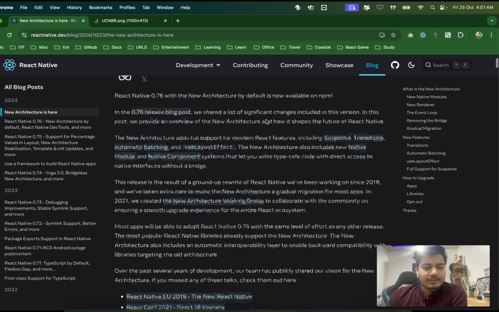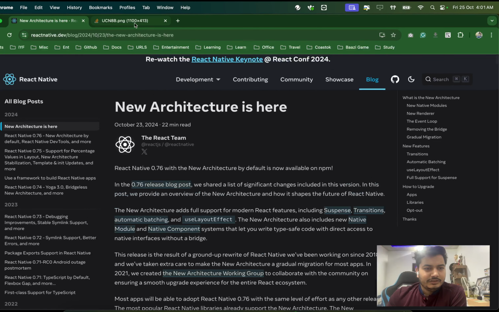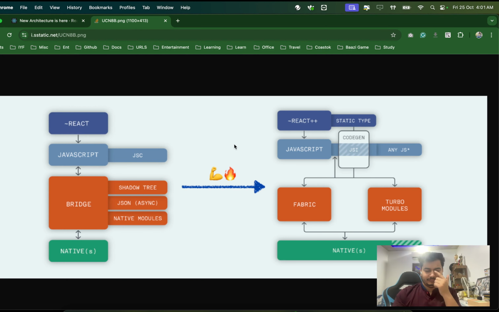So let's start with the first: what is the new architecture? In the new architecture, there is an improvement. In the earlier architecture, we had a bridge that acted as a middleware between JavaScript and the native side. Whenever JavaScript has to communicate with native Android or iOS, it has to send a